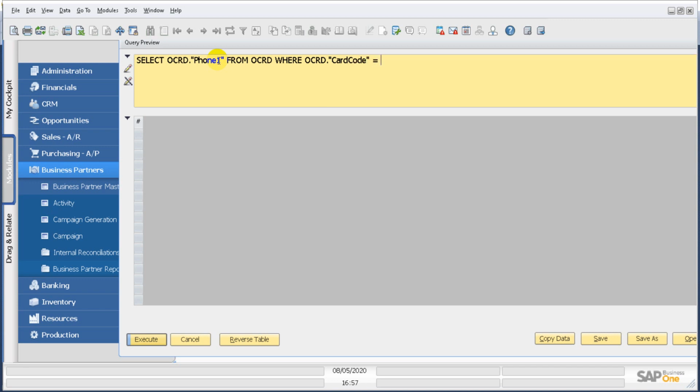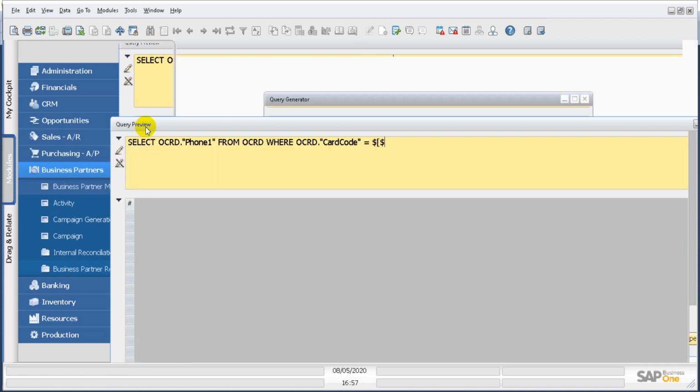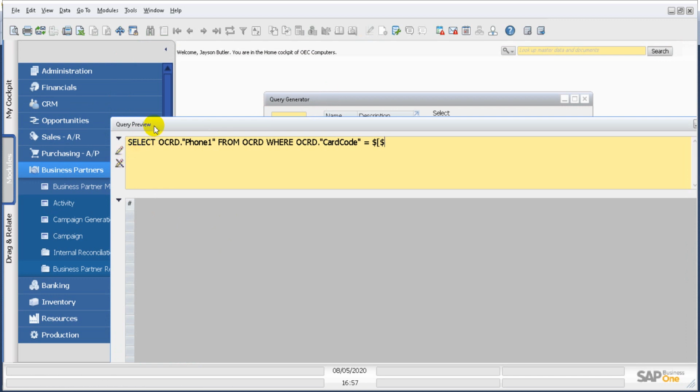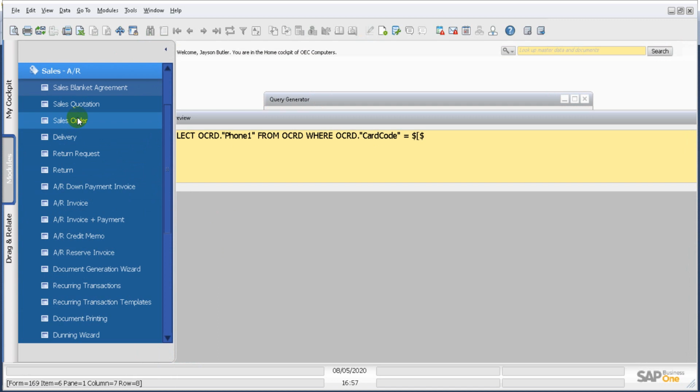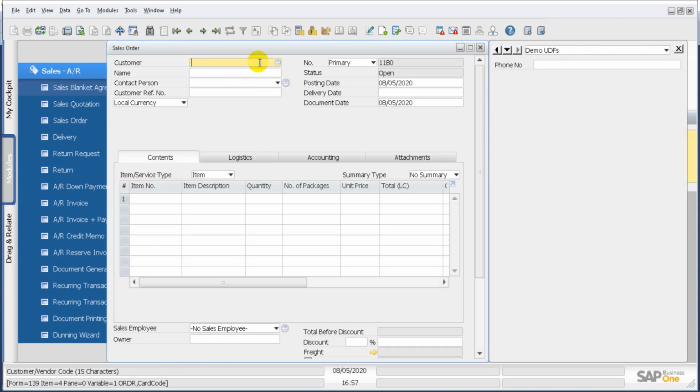equal to. What we do is put a dollar sign and a bracket and a dollar sign again, and then the first thing that we need to put here is the item number of the field that we want the condition based upon. So basically on sales order, if we go to sales order once again and hover the mouse over this, we see the item number on the bottom left corner is 4. So that is our